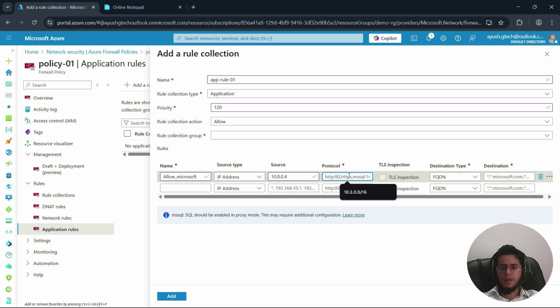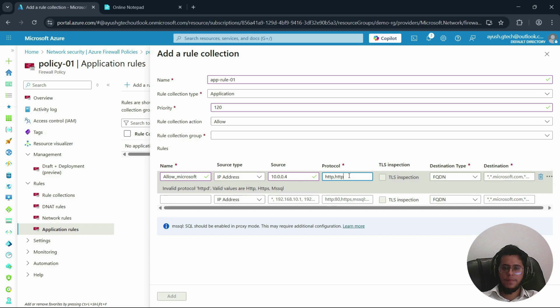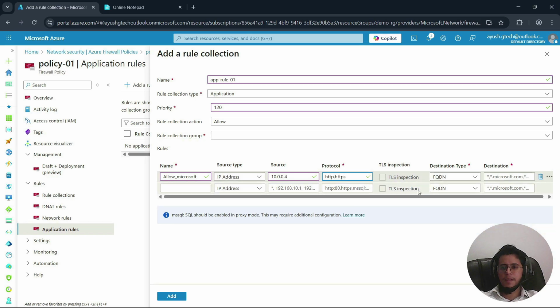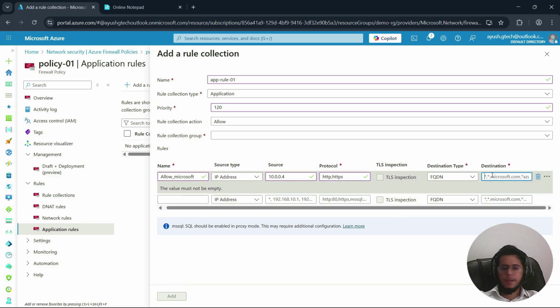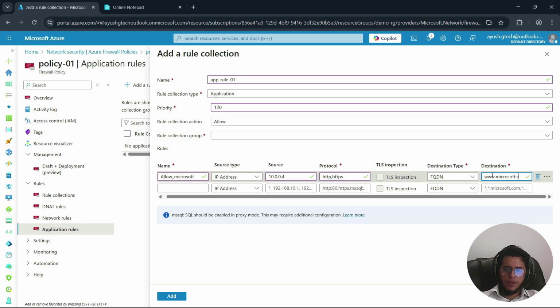In the protocol, I'm using HTTP or HTTPS. Then here this is the FQDN and here I'm using www.microsoft.com. This is the first rule I have created.